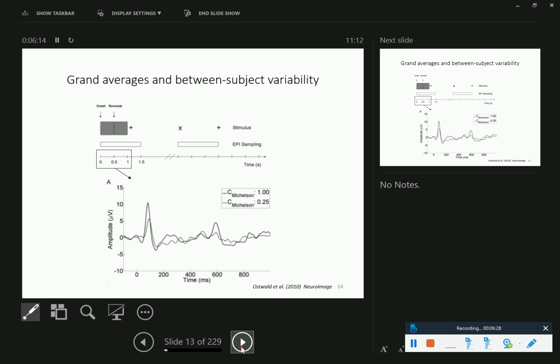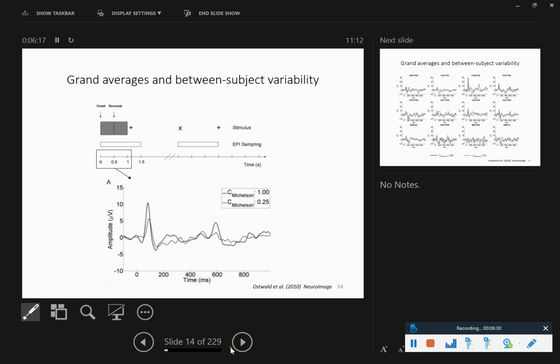So one thing to get used to, especially if you're doing EEG research yourself: in papers and other forms of scientific communication, you will often see what is called a grand average, which just means the average of the individual event-related potentials from participants, averaged over participants. And these grand averages have a tendency to look nice, clear, and like the ones that you see in the